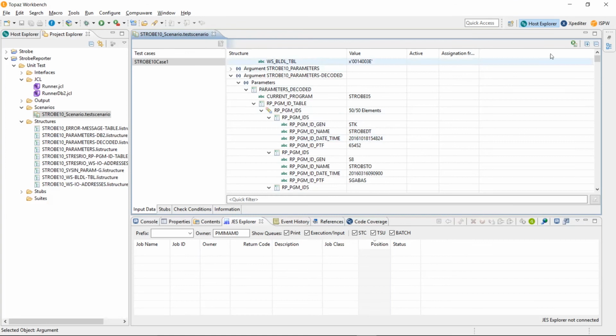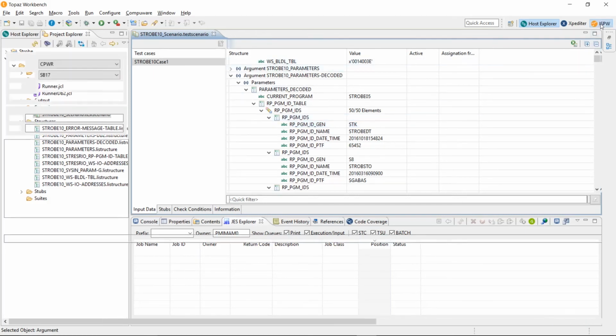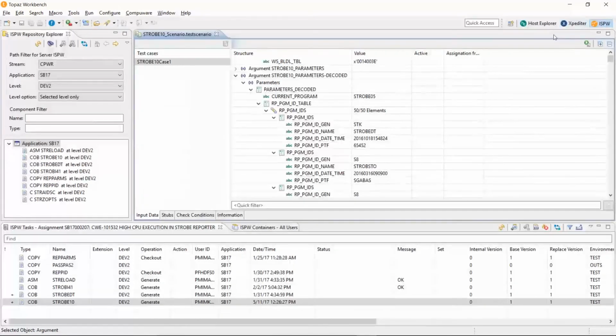And to do this, we would just click here to rerun the test scenario, and that would allow us to validate that the output that's being received is still consistent, and that our change hasn't adversely affected the module. So then we want to switch back to ISPW, and